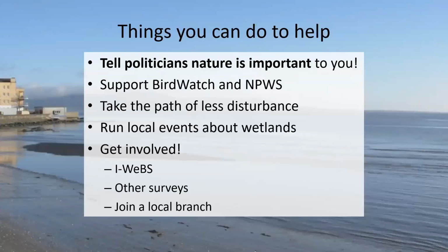It all really feeds into the declines, and it feeds into them not making it back safe, not making it back to their breeding grounds, but not being able to successfully breed, and therefore the young don't get put back into the population to bump up the numbers and sustain these declines over time. So yeah, some of you have heard this pitch before, but if it's something that upsets you,